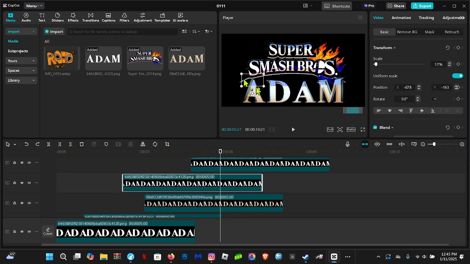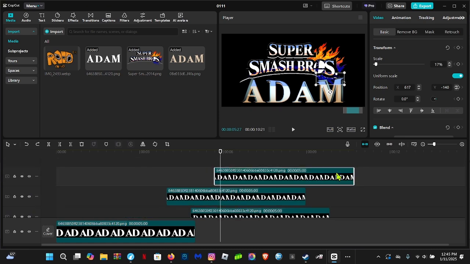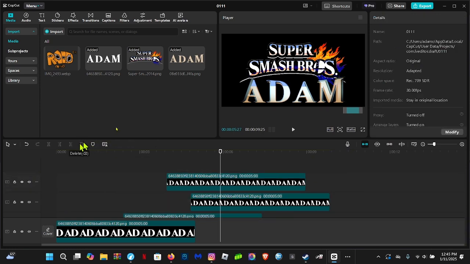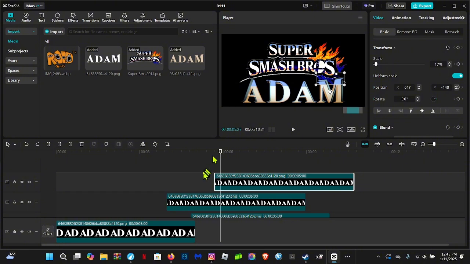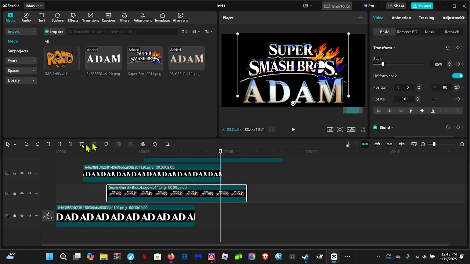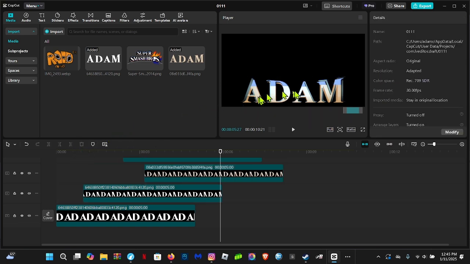You can see these blue pieces, if I click on them individually, these are separate overlays. Like you can see right here, this is one of the overlays. I delete it. Then I delete this top section right here. So that's literally all it is. It's just overlays. And then I use the logo for reference, but you don't need this. You can just delete this, and now you have